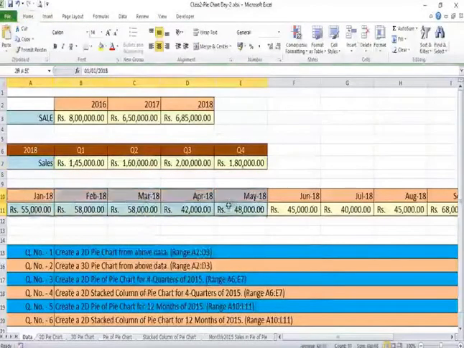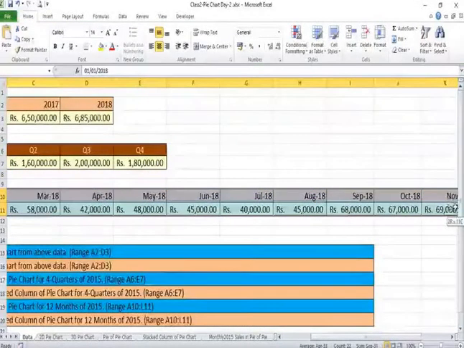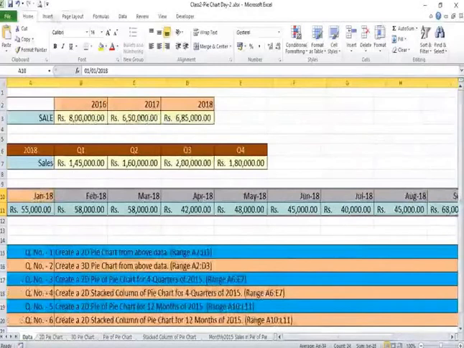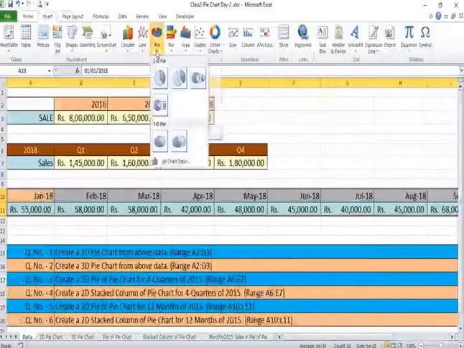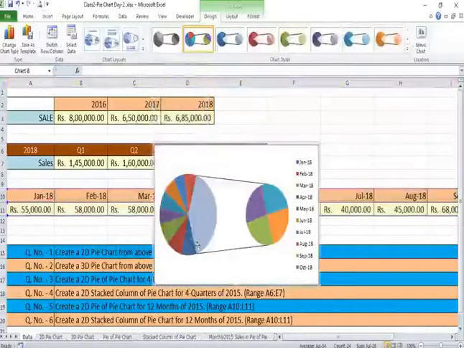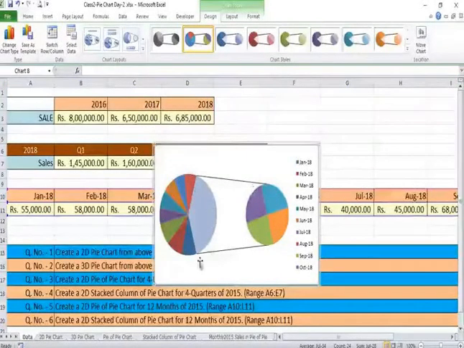Here also you can create pie of pie or bar of pie. So we have selected the data. We'll go to insert, pie, and now pie of pie. So here you can see for the 4 different months of this pie chart, there is another pie.